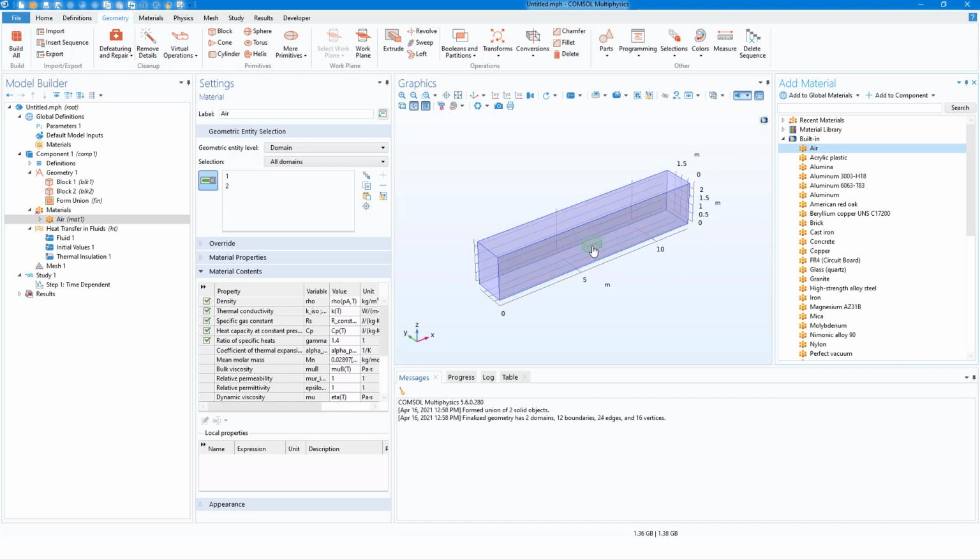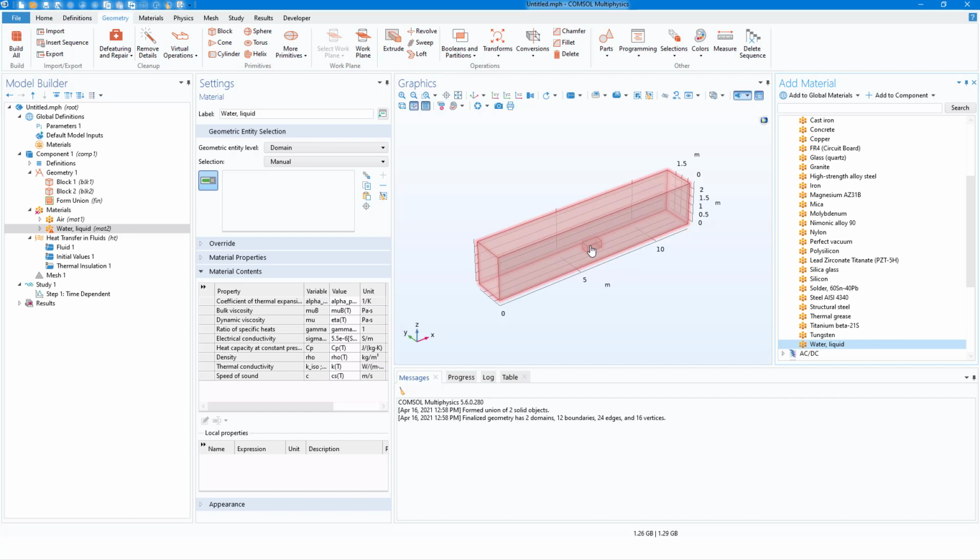So we need to override the inside domain. To do that, we have to select water liquid here and select the inside domain. One thing to notice is that to select another geometry inside of another geometry, I am just scrolling the mouse a little bit. This way it will shift the selection to the other domain or other part of the geometry. So I'm going to select this one,